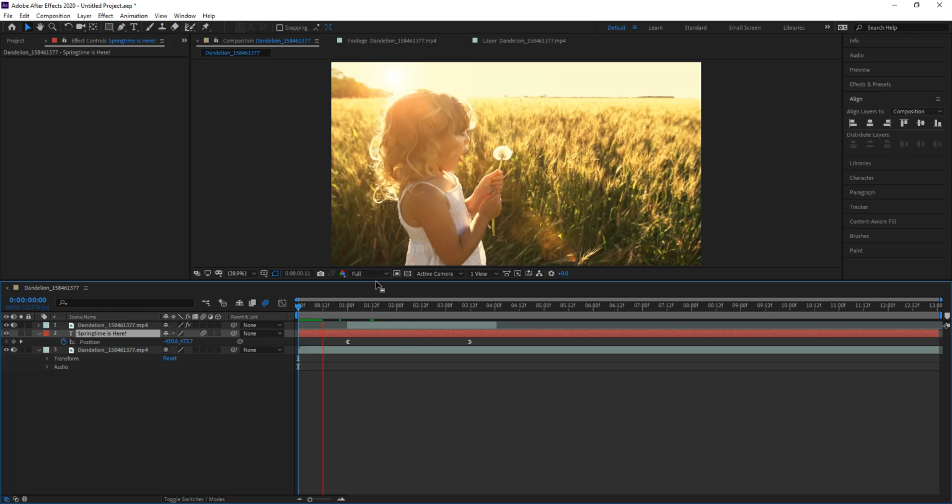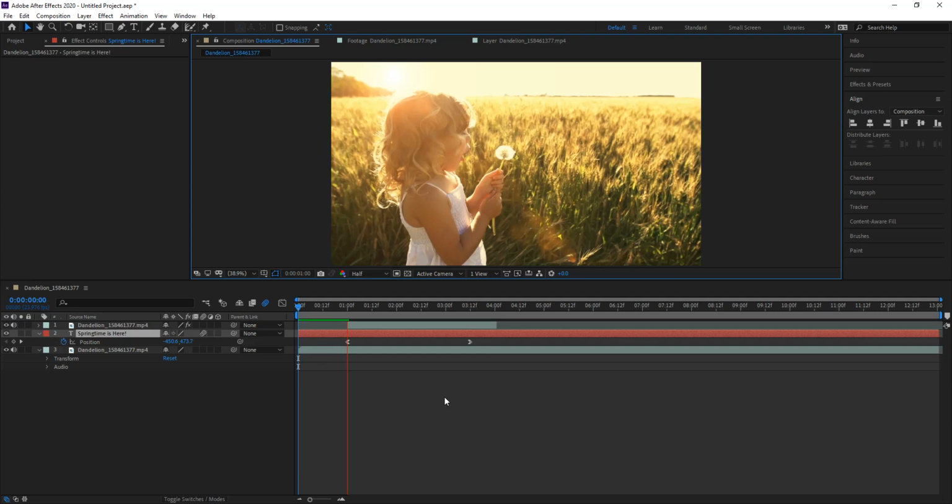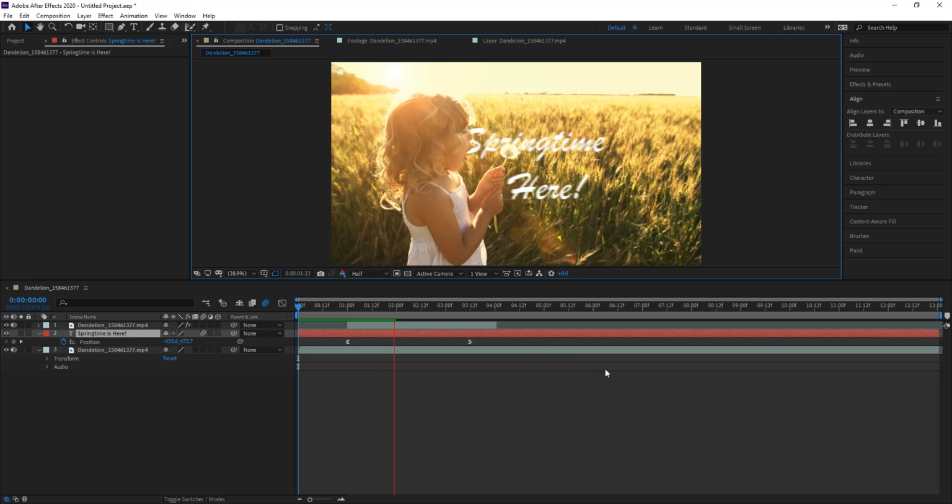Since I'm done with my track with my rotoscoping, I can switch my quality to half so that this renders a little bit faster, and you'll notice that the title goes between the girl and the background. You'll notice that the girl doesn't stop moving, nothing stops moving basically in the video, and you see the entire title going through, comes to a stop,